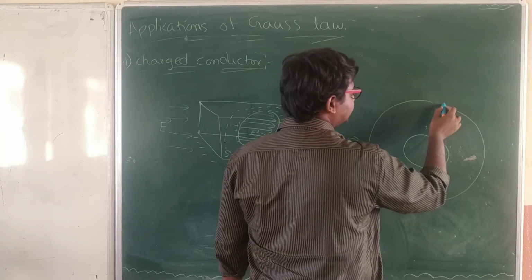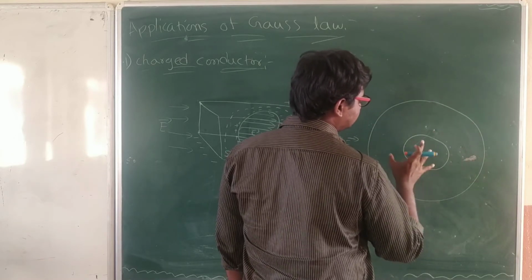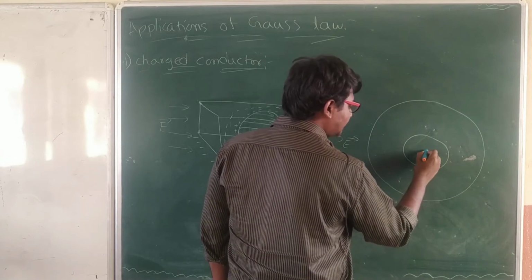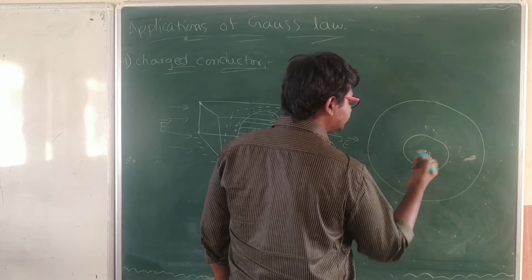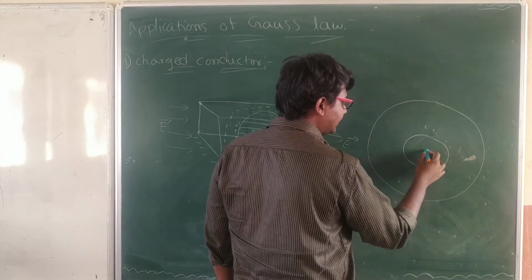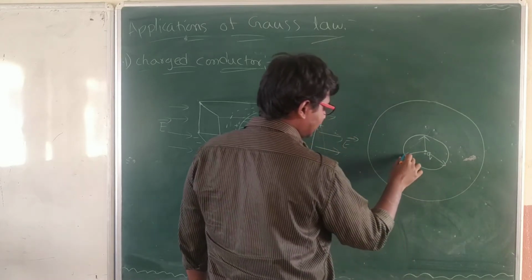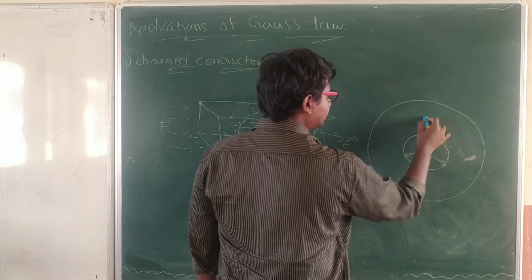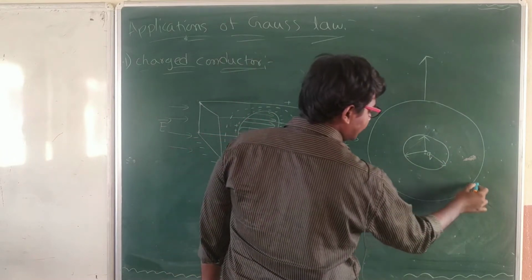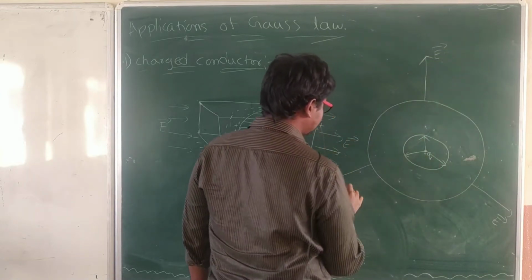Okay, this is like a concentric spherical shell with some more thickness, and inside the core part is removed. In that core part, if you keep a point charge Q, positive charge, then this one will exhibit electric field radially outside. Due to this, the electric field will come out in this manner. Radially the electric field will come outside.